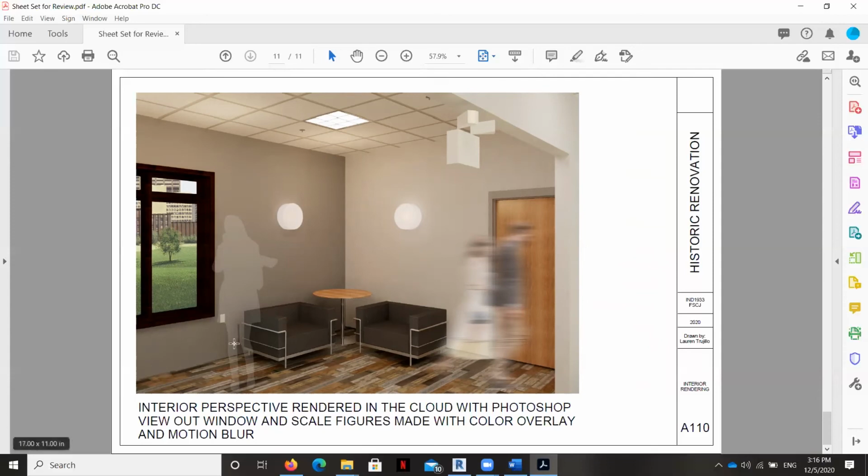Were I to be focused 100% on a beautiful rendering instead of Photoshop techniques of the rendering, I would come back here and make sure that my baseboards were showing. I would apply some finish to the wall, get a little object, a flower pot or something, on this table. I'd probably put a couple of the little accessories, maybe a sign on this door. I would hide this thing, and again, kind of bring casing in and stuff, just to elevate this space from what it looks like now to an actual functional live-in space and workspace. But right now, that wasn't the focus of these drawings. So I wanted to make sure that a person who looked at this drawing set knew that, and that's why I put this label here.